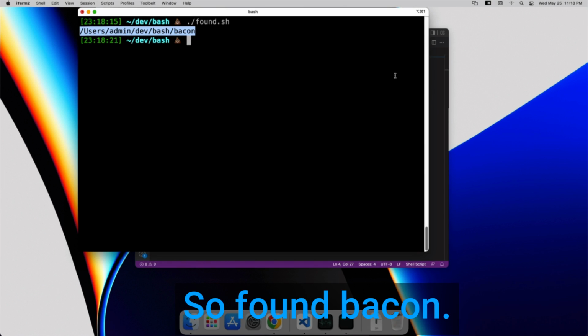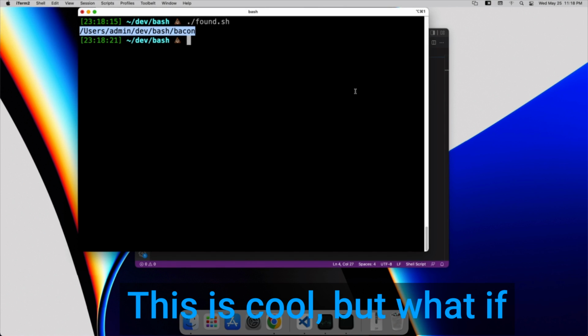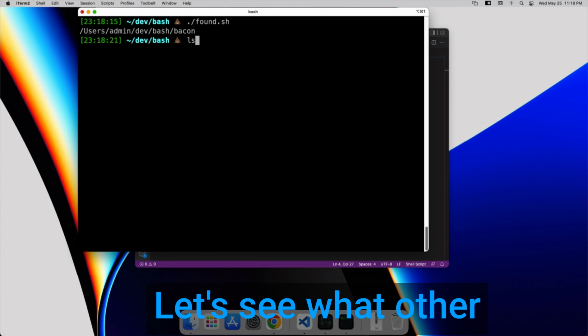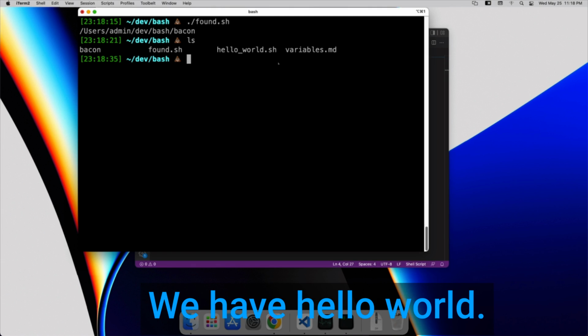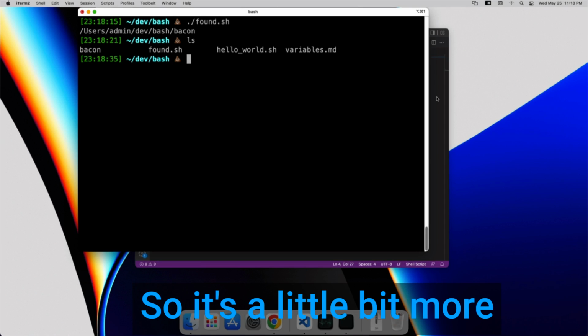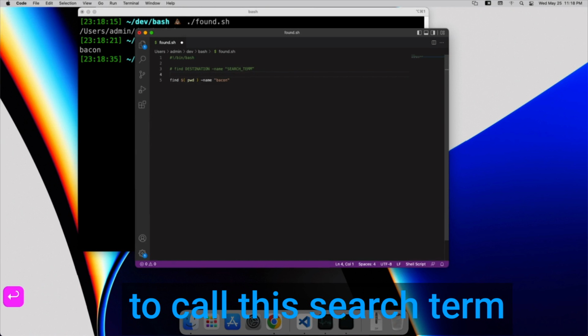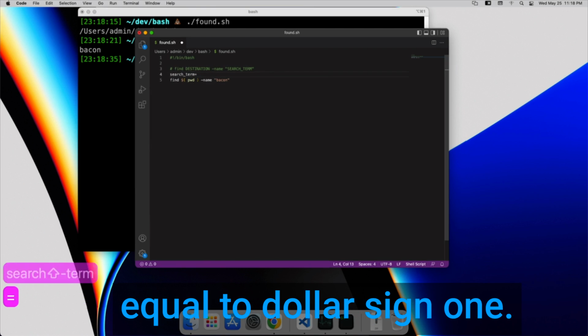So it found bacon. Now this is cool, but what if I wanted to search for something that wasn't? Let's see what other files we have in here. We have hello world. So why don't we change this so that it's a little bit more intelligent? Let's create a variable, and we're going to call this search term, and we're going to set it equal to